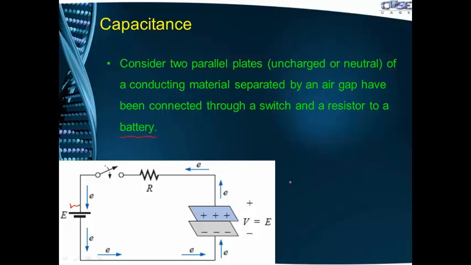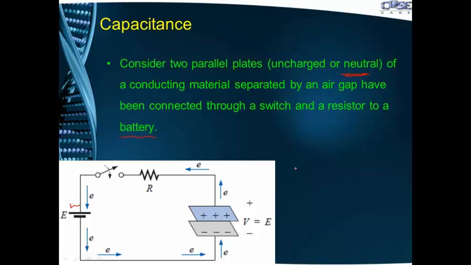So the capacitor is usually constructed with parallel plates, and we are considering two parallel plates which form a capacitor, and initially these plates are neutral, and when they are connected with a battery through this resistor and a switch, then what happens is